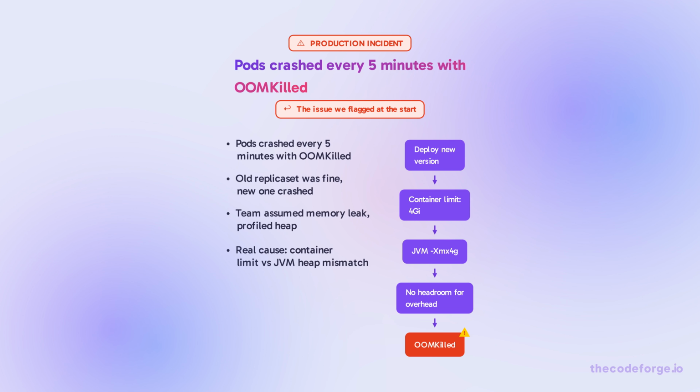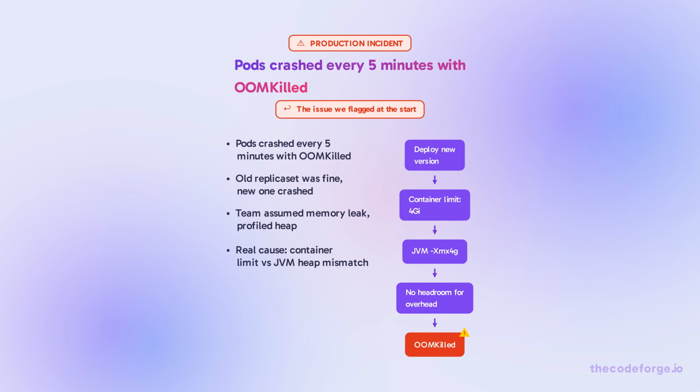This is the same issue we highlighted at the start. Here's exactly why that happened. After a routine deploy, pods in the new replica set crashed every 5 minutes with OOM-Killed. The old replica set was fine. The team assumed a memory leak and spent hours profiling heap dumps. But the deployment YAML had resources limits memory